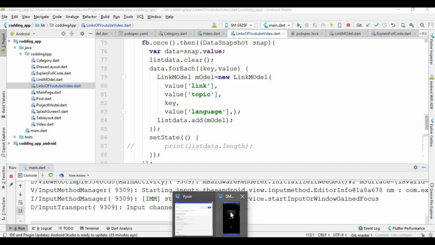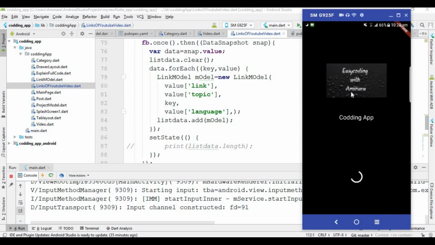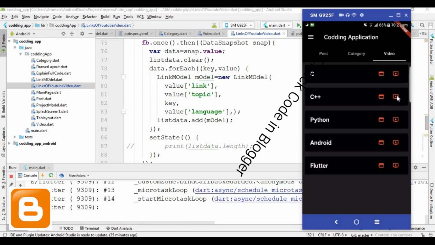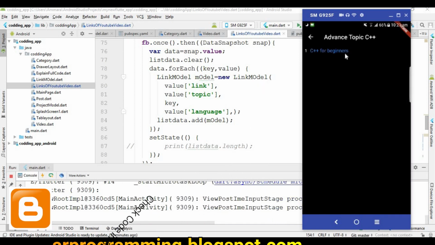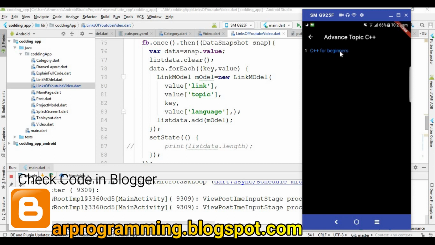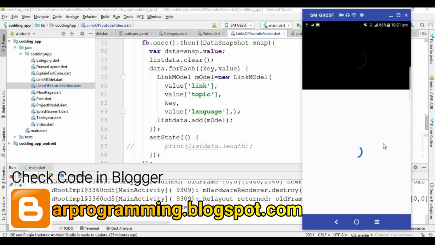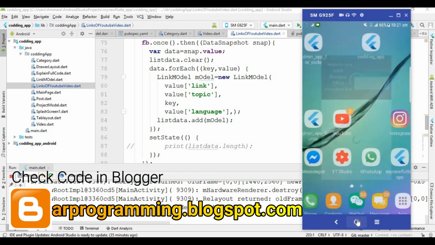Okay, now the app is launched successfully, and after this apply screen, go to the video section, and inside this video section open this C icon, and this is loading. So you can see that C++ for beginners. And now if I click on this, you can see that the YouTube video is open. So yes, that's it for this video,